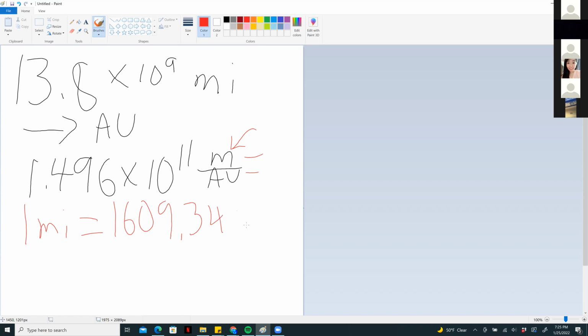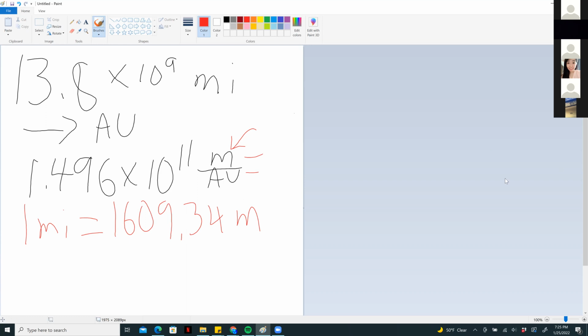1609.34 meters. Okay, so these are 2 facts. You might get it in equation form like this red one that I just wrote out, or you might get them in a conversion factor like the one above that's just a number. And that's just a fact that you need to convert your number from one set of units. We started off in meters per AU,